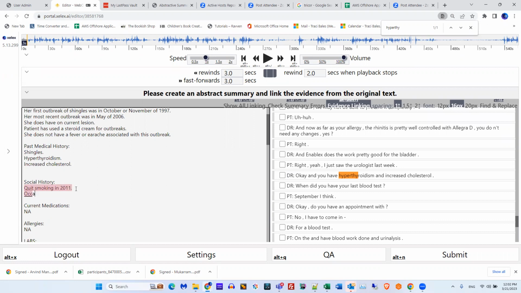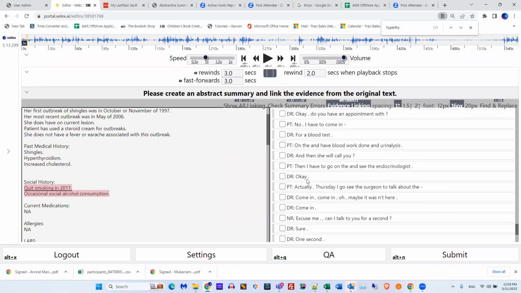Occasional social alcohol consumption. Okay, and you would link that evidence. This is not in it. I'm just imagining it is. I'm going to link the evidence.